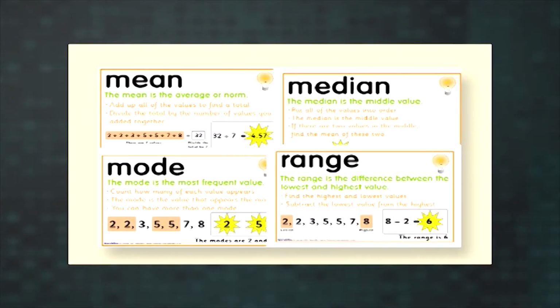Sometimes we are given the data in a table. The methods for calculating mean, median, mode and range are exactly the same, but we need to think carefully about how we carry them out. In this section, we will use one set of data in a table and calculate each measure in turn.